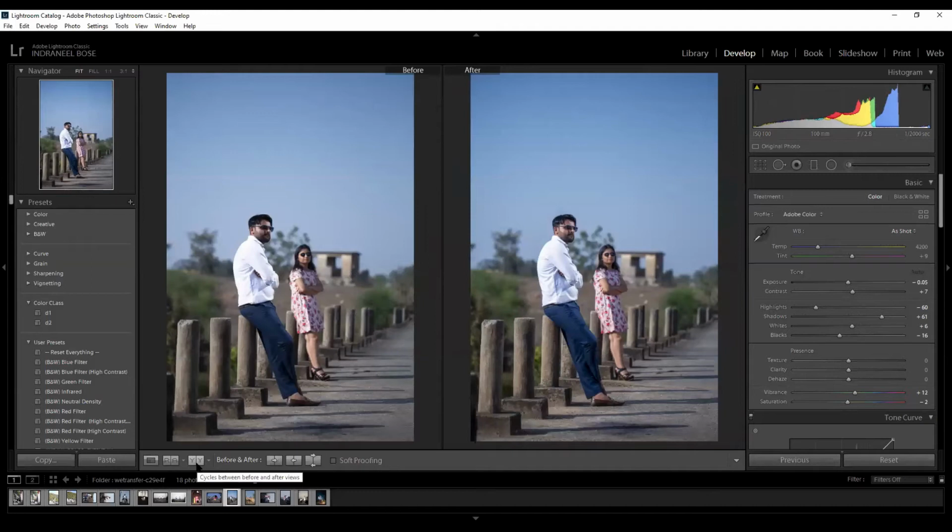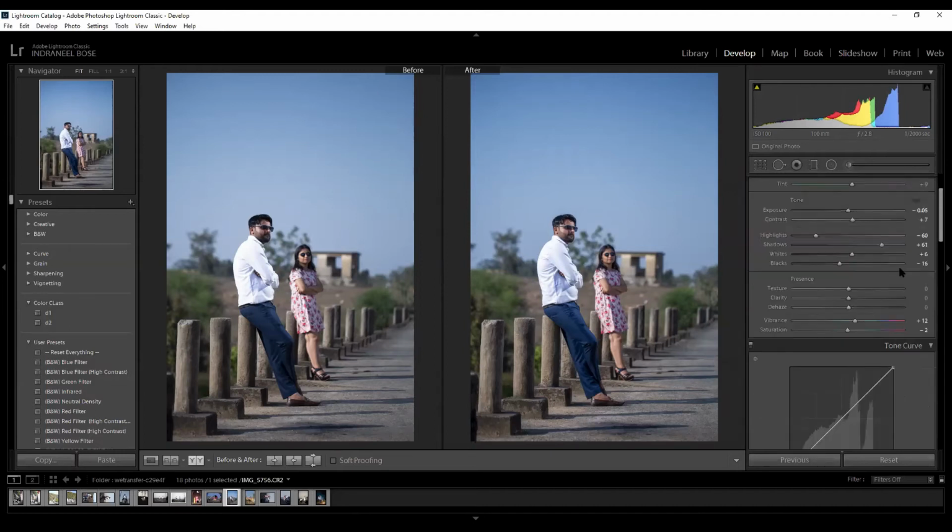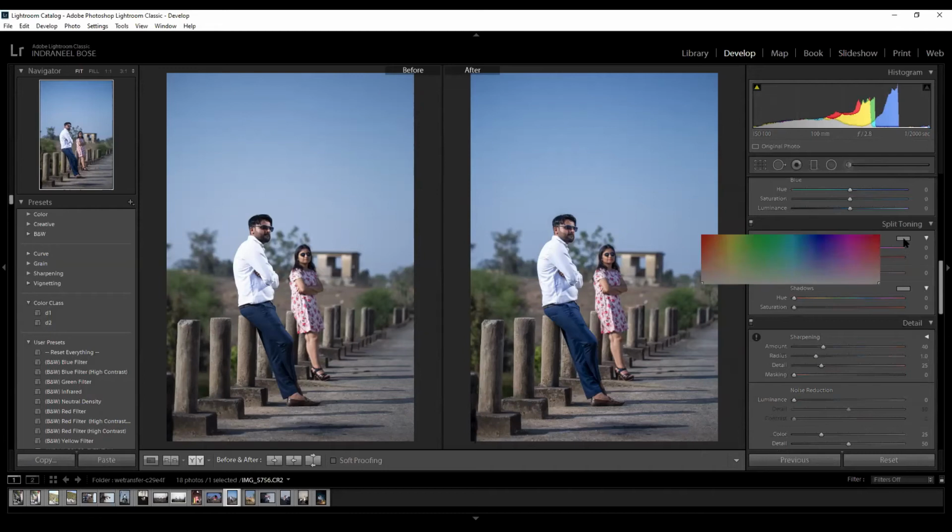Always hit the auto once before starting work, because sometimes auto will help you out, giving a much better exposure than manually controlling it. If you don't find it good, then you can manually control it. Okay. As we have hit the auto, now you can put in a classic kind of grading. Now see, with split tone, we can do a more social media kind of grading.